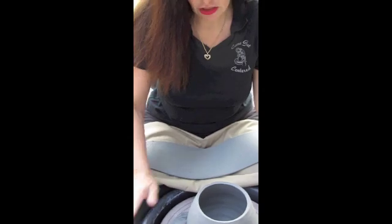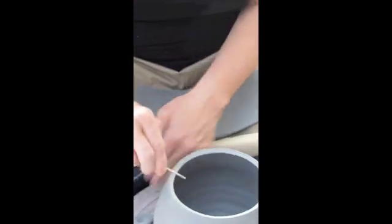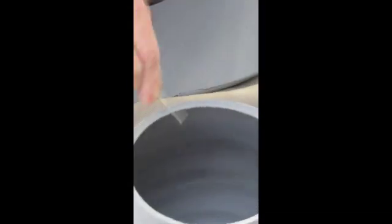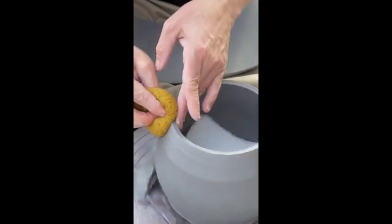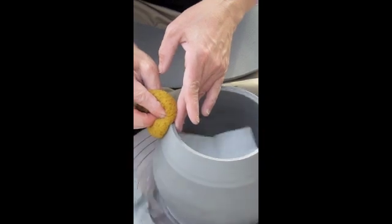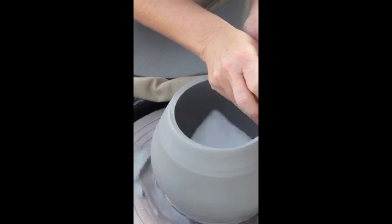Once you've done this, you're going to score up the top of the pot, which is basically just scratching it up, just like this, all the way around. And then you're going to add a paper towel on the inside because we don't want water on the bottom of the inside, okay? You're going to take some water, you're going to soften the edge of the outside and a little bit on the inside without letting it drip down,